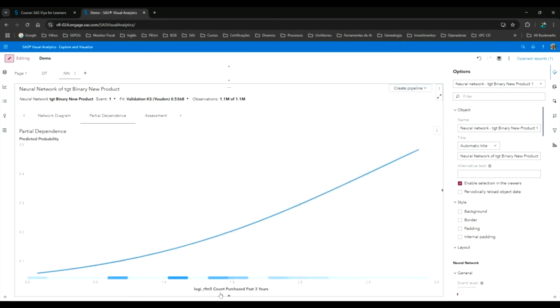For example, this variable RFM5, I transformed this variable using the log function to avoid the asymmetry. But okay, look, when this variable increases, the predicted probability increases too. It's almost a directly proportional relationship.